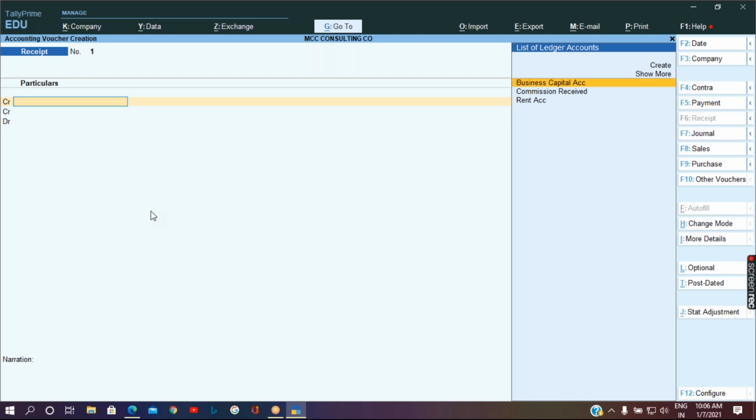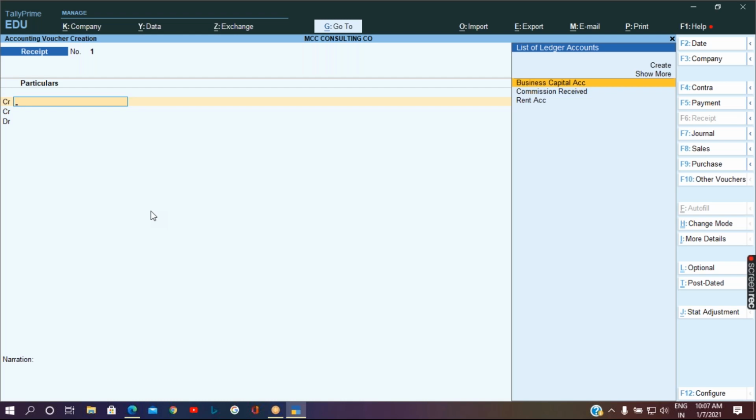So what is the common thing in the contra, especially with the receipt and payment entry? In the receipt entry, it will be debited with either cash or bank. In the payment, it will be credited with cash or bank. So that should be selected in the account option. In single entry mode, in the account, it should be selected either cash or bank. So either you are paying through cash or bank or receiving it through cash or bank, you are supposed to select it in the account.